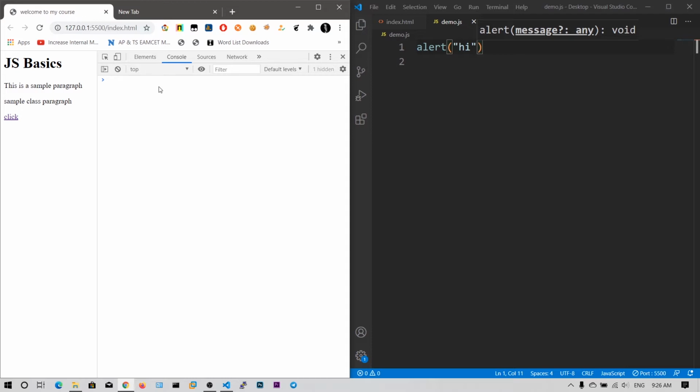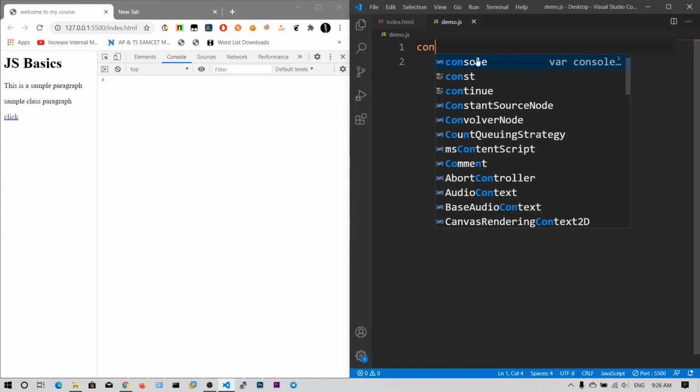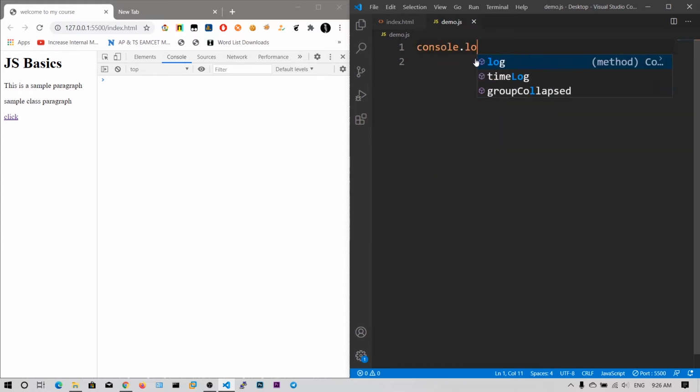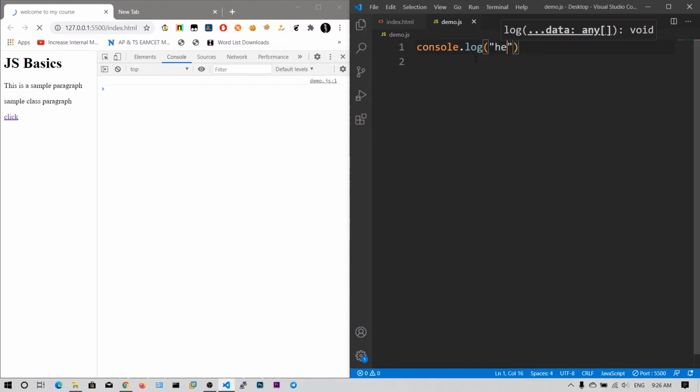Now this console is like the output of the JavaScript and its runtime execution. So we can output some content to this console. To do that, you need to say console.log. Console.log, say hello world. As you can see, the hello world has been printed to the console. In this way, if your JavaScript contains any error, you can get these errors in this console along with the line numbers also. You can see demo.js colon line number 1. So this line has printed the hello world.